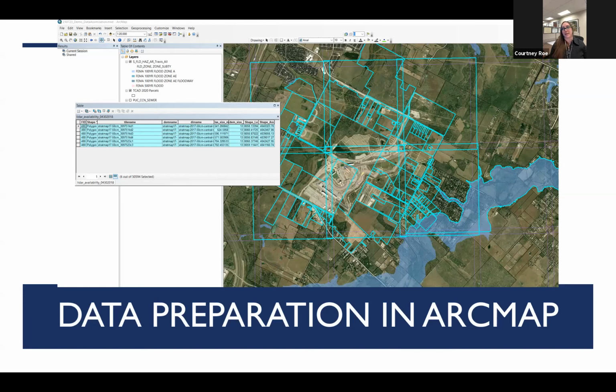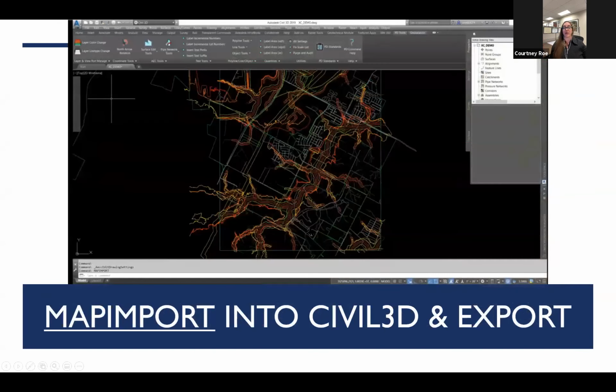And I added my base map of aerial imagery so that I could see the Circuit of Americas clearly. And there are 6 overlapping quarter quads that are here. So that is where I would go whenever I create my